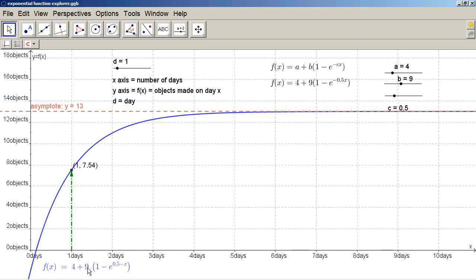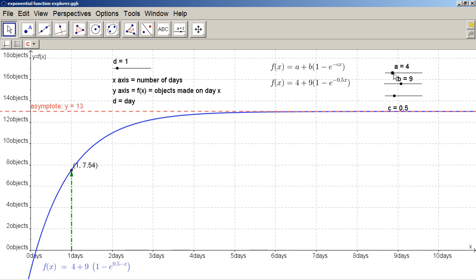This function actually represents something pretty interesting. It's a rough learning model of how many objects a factory worker can make after so many days. So on the first day, they're just learning how to do it. On the second day, they're getting a little bit better at it. And then by like day 7, they've reached the maximum that a person can reasonably be expected to make in